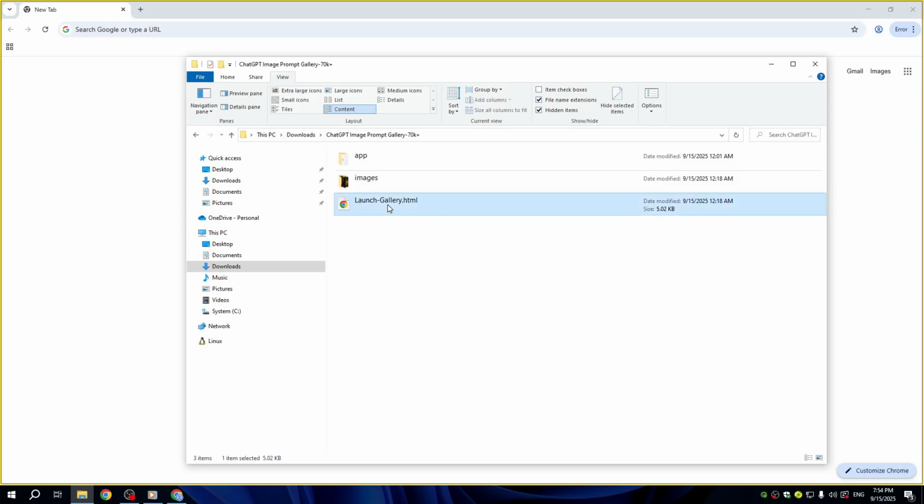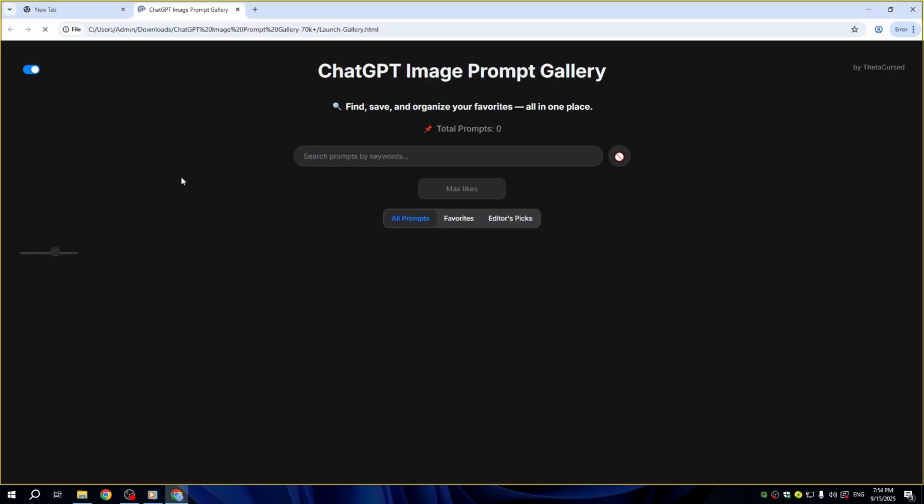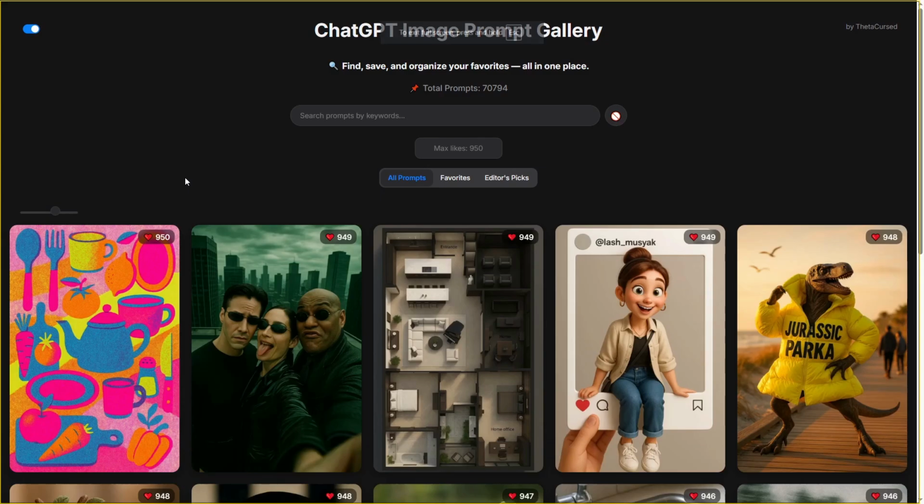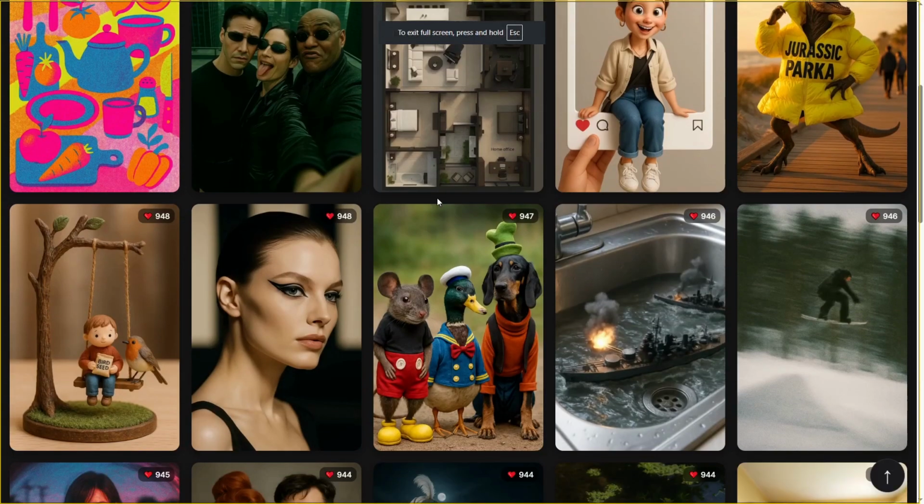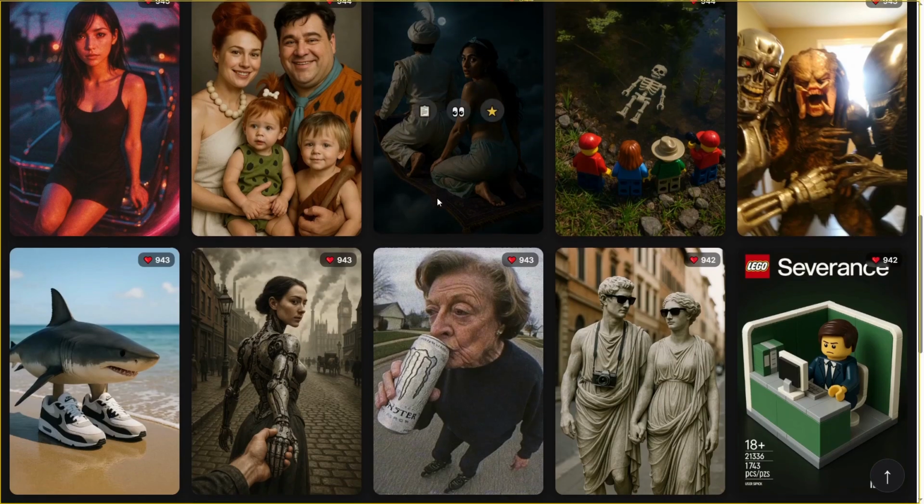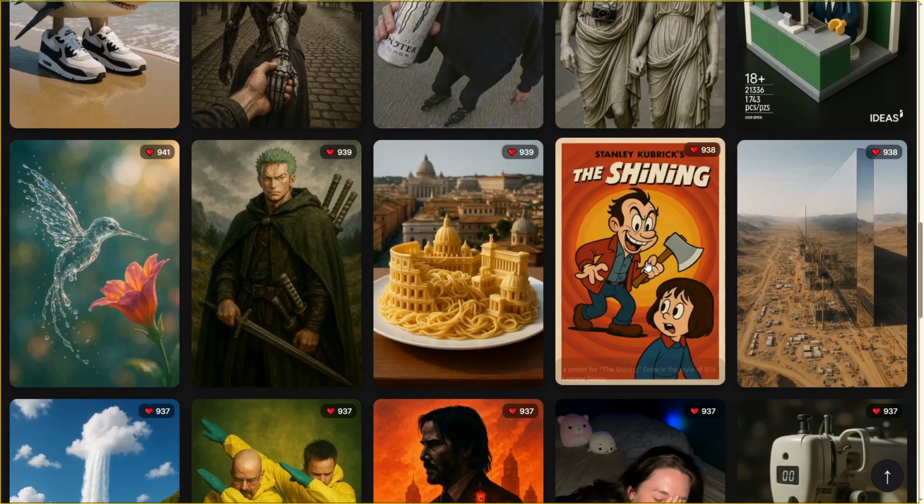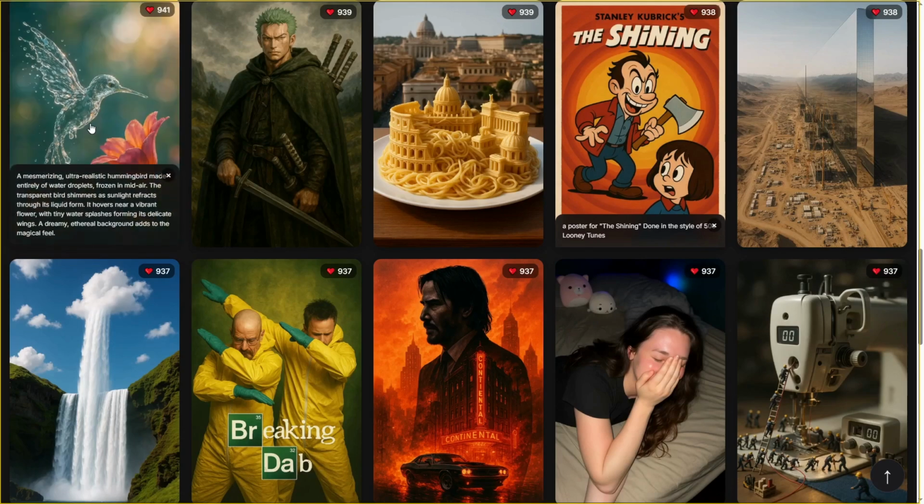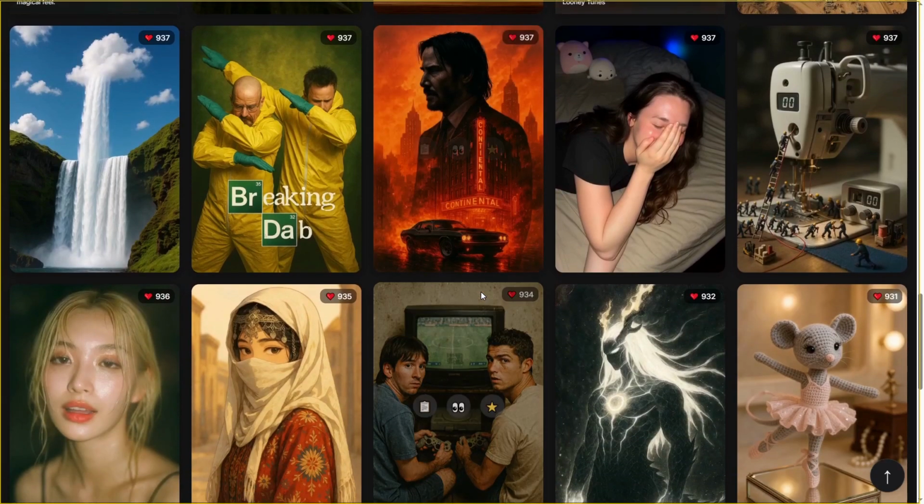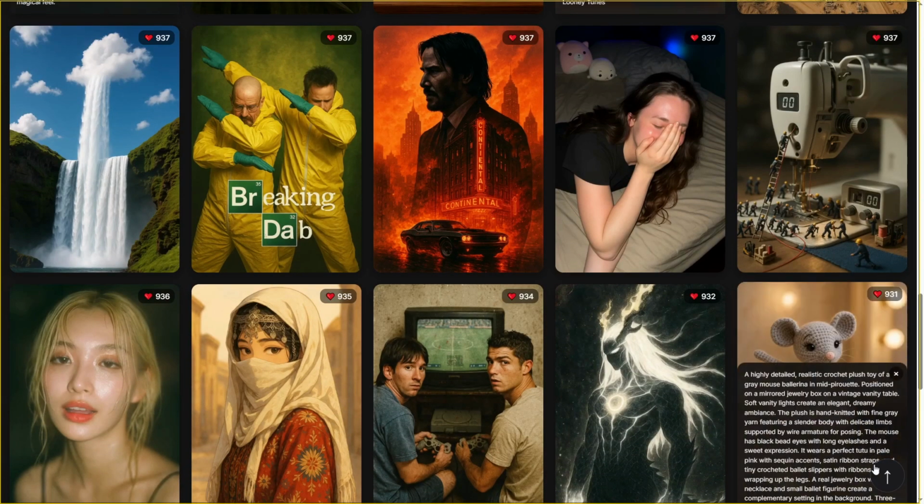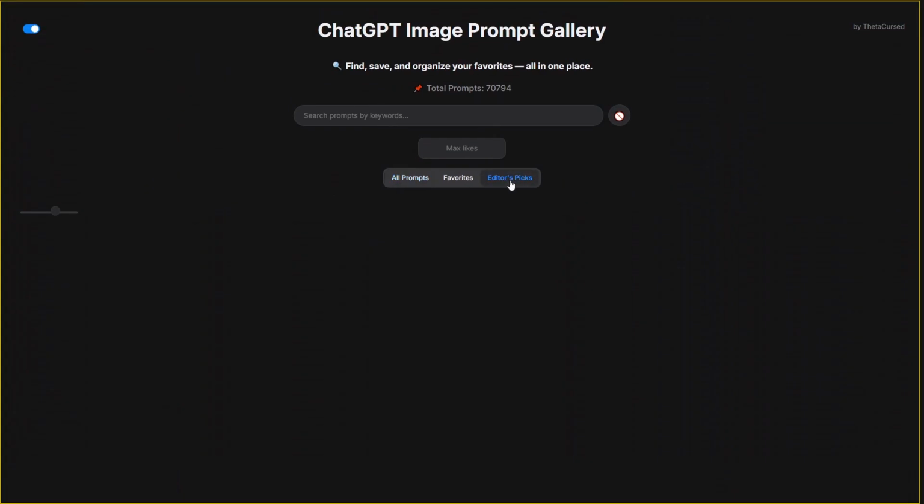Are you tired of creative blocks? Frustrated with generic, lifeless AI art? What if I told you that you could unlock an endless stream of inspiration right now, for free? You're about to get my entire creative sandbox, a massive, unfiltered goldmine of over 70,000 prompts for the ChatGPT image